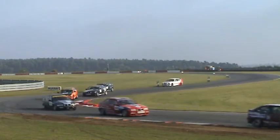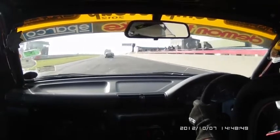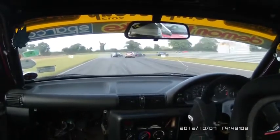Remember in race 1 a big dent in the bonnet, it pushed the bonnet right up. On board with Mark Chang there, he's had problems with the power from his BMW this week, and you can see how much time he's losing down the straight, much further back than he would want to be. Through Richie's he turns to try to gain some time back, but he's unfortunately going to be running back there, much further back than he'd want to. He brakes a bit late there into Montreal, runs out wide. He's not going to make Chapman here, has to cut across the grass, goes sideways, corrects it there, but losing out there